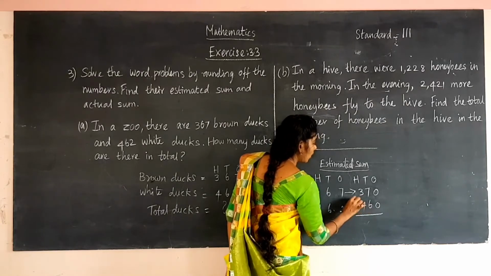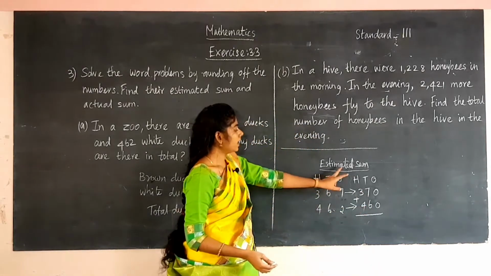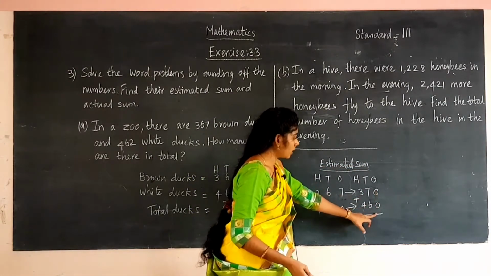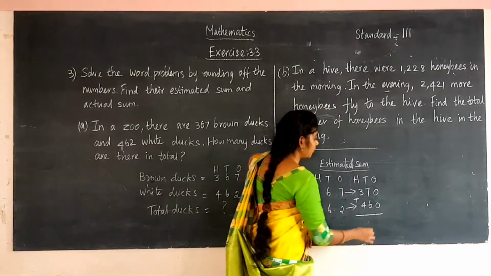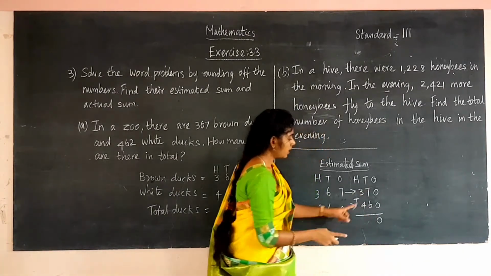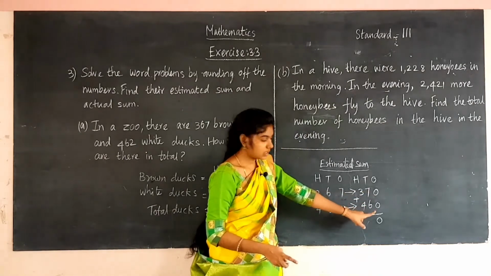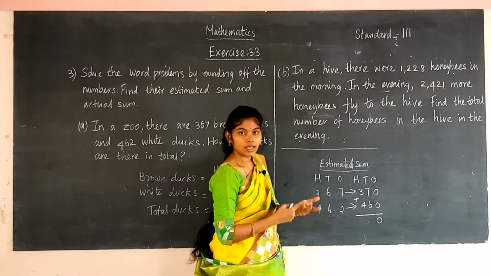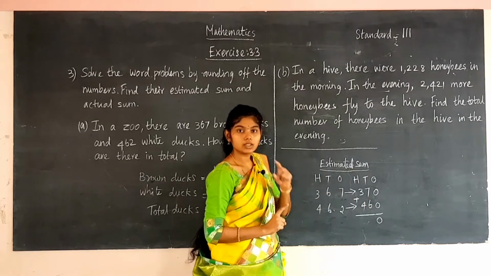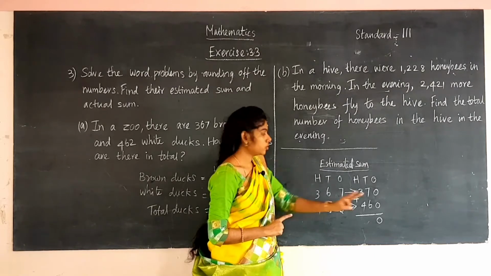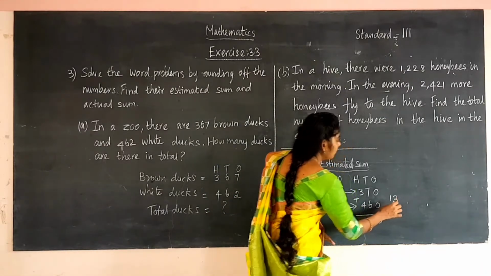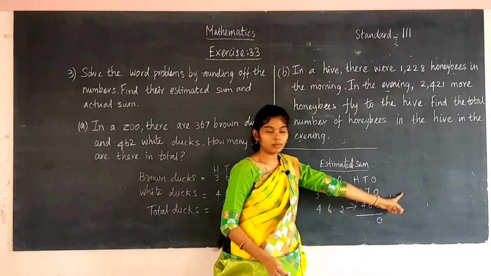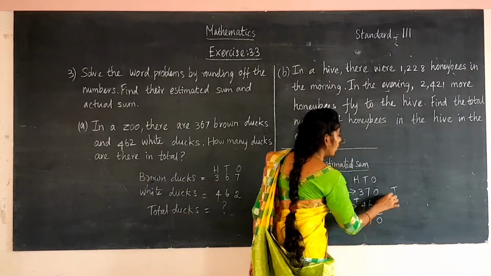So now you have to add those two numbers because we have to estimate the sum. After rounding off we add those two numbers. At first in the ones place, 0 plus 0 is 0. And then next in the tens place, 7 plus 6, 7 in the mind, 6 on the fingers: 8, 9, 10, 11, 12, 13. 13 is a 2-digit number, so you have to write it outside. We found 13 in the tens place, so you have to start from the tens place. So 3 in the tens place, 1 in the hundreds place.